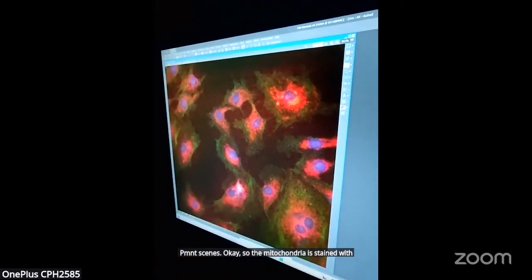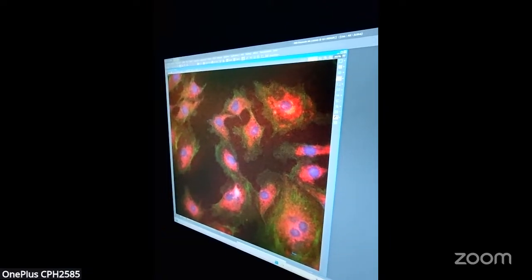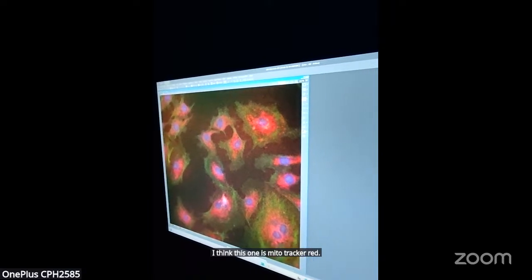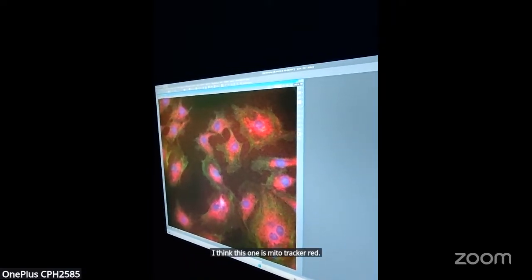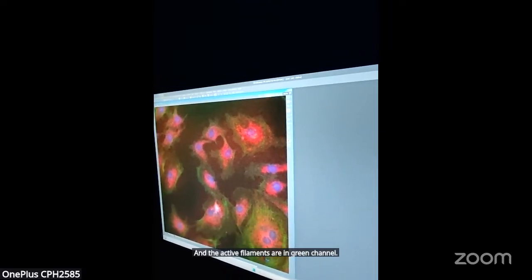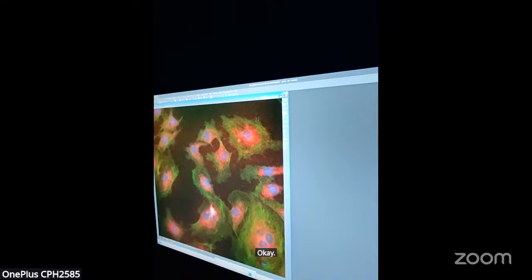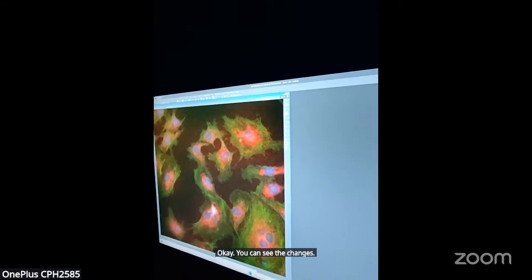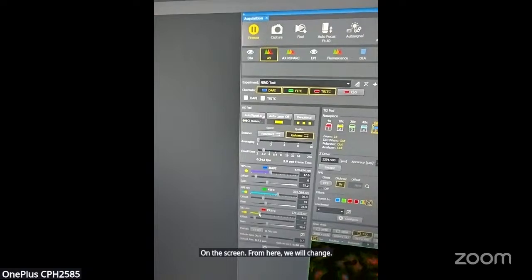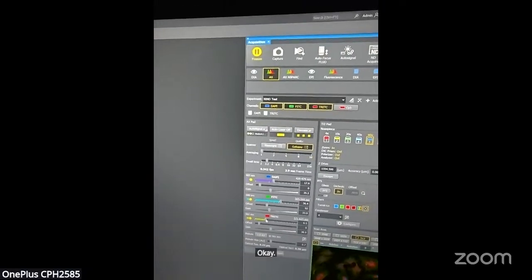So the mitochondria is stained with, I think this one is a MitoTracker red, and the actin filaments are in green channel. Okay, we will increase this green. You can see the changes on the screen. We'll decrease the TRITC. Okay, from here we will change. One more thing. Now it's fine.